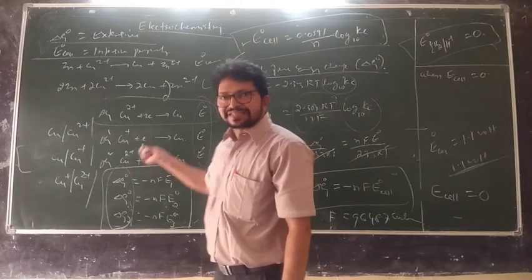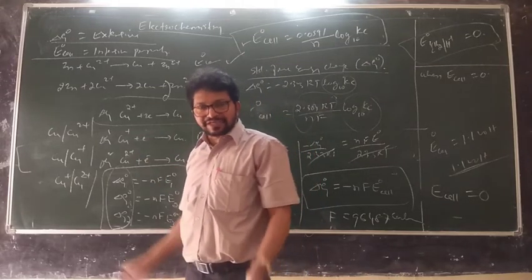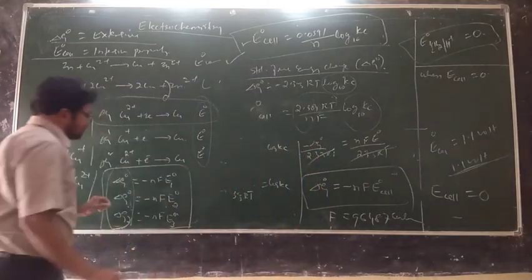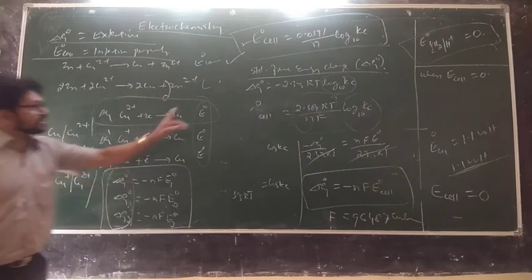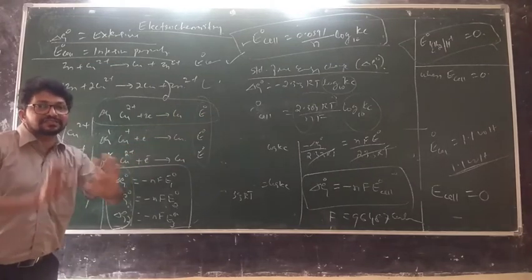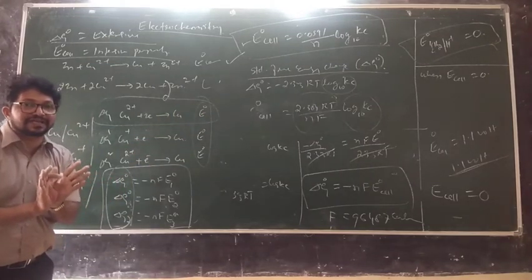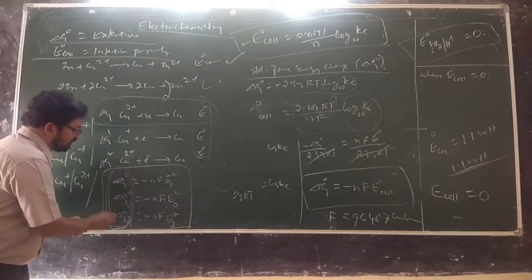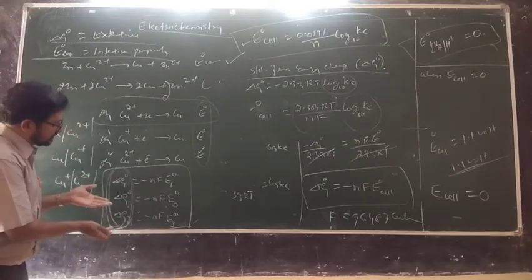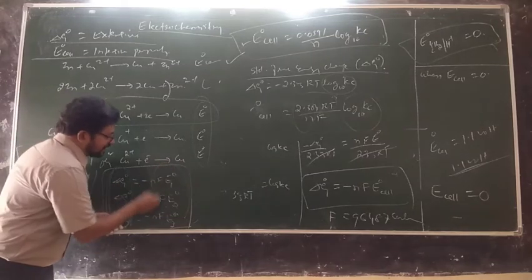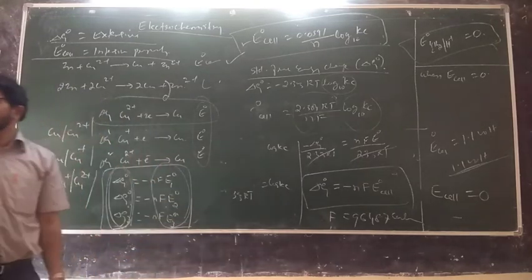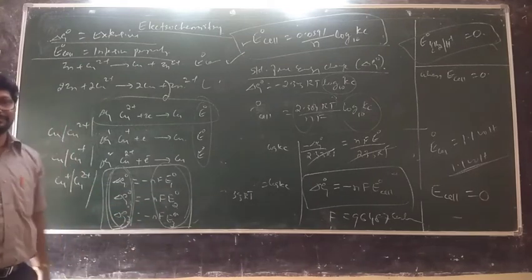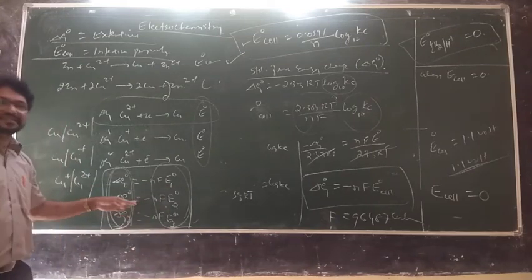See, whatever they ask from these three, you can rearrange it and you can do it. But remember, my conclusion is this. Suppose E naught is asked, you cannot add or subtract. You have to go for these delta G values. These you can add or subtract on anything. Simultaneously on the right side, they have to be added along with NF E naught, NF E naught, NF E naught. So I think I can discuss this under the problems.